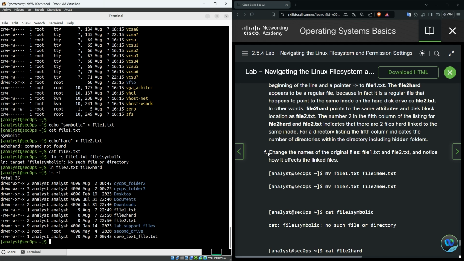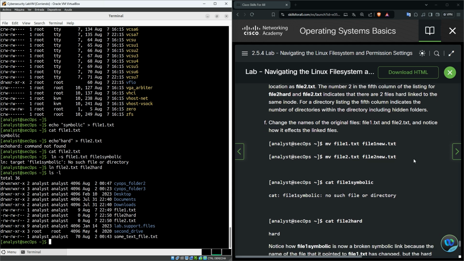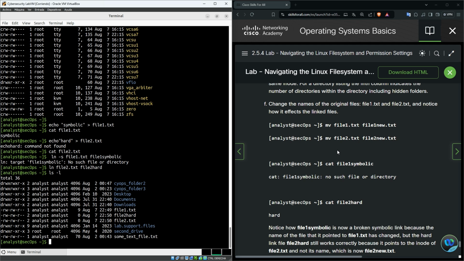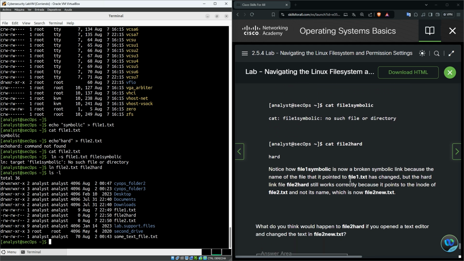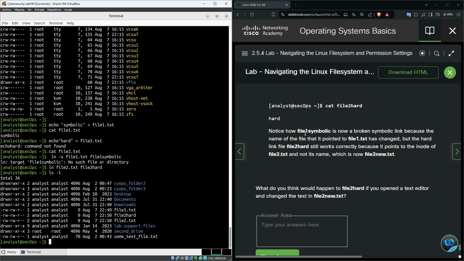Change the names of the original files, file1 and file2, and notice how it affects the linked files. Okay, cat file1symbolic, cat file2hard. Notice how file1symbolic is now a broken symbolic link because the name of the file that it pointed to, file1.txt, has changed. But the hard link file, file2hard, still works correctly because it points to the inode of file2.txt and not its name, which is now